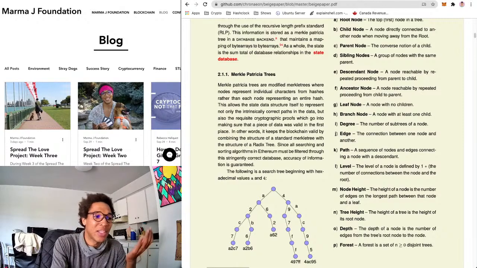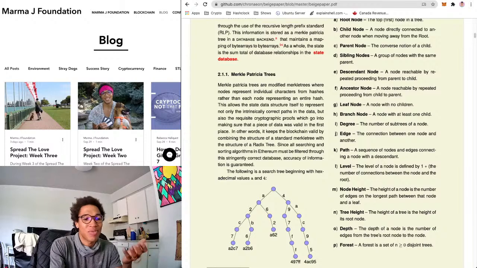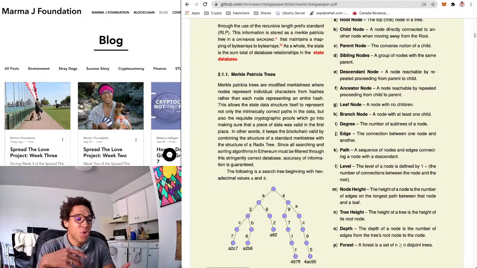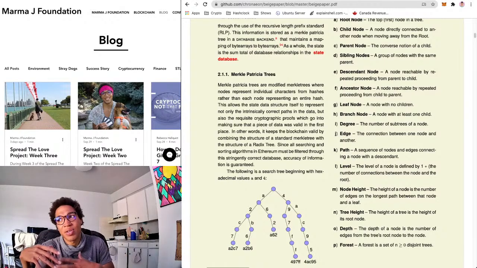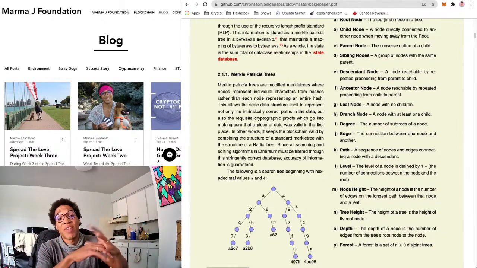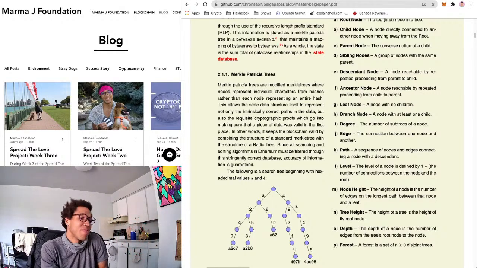So I think that's where you get the difference between level and node height. Is this the longest path you're looking for? And that's where I guess things could be a little bit confusing. But what's important with node height is, say, the longest time to validate a certain proof. If you were very deep into the tree and you wanted to verify everything, you'd have to go to the complete bottom of that tree.